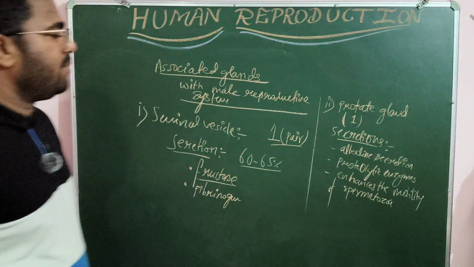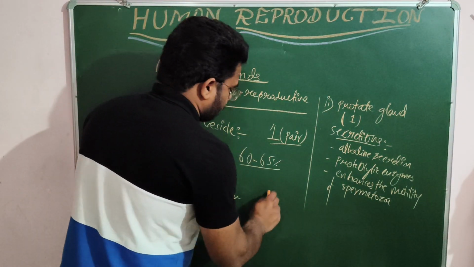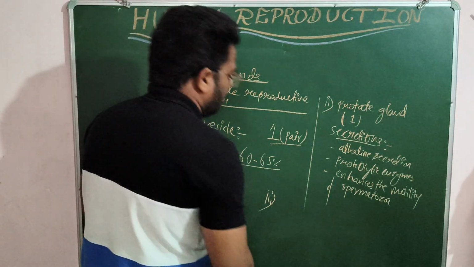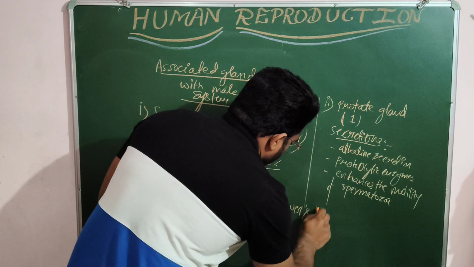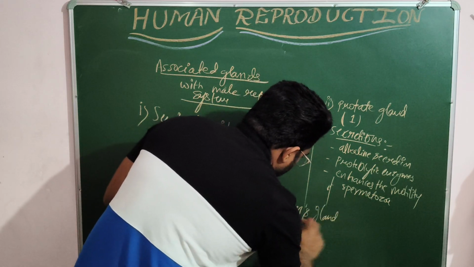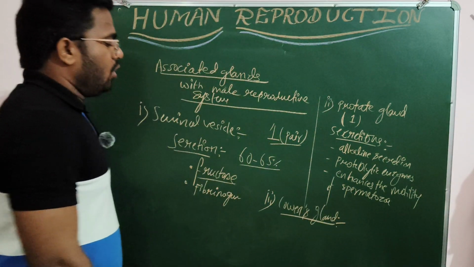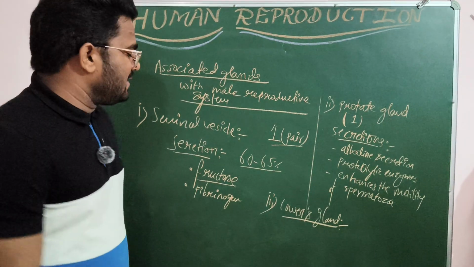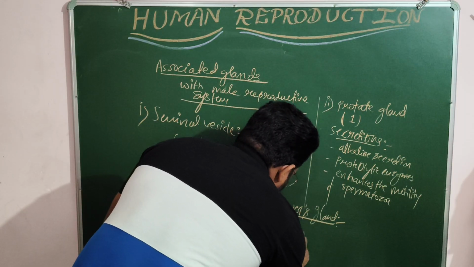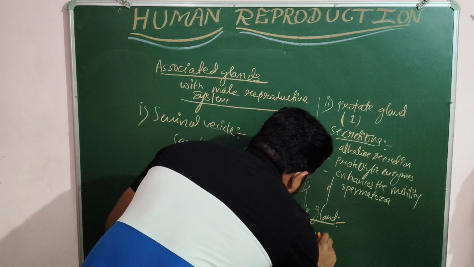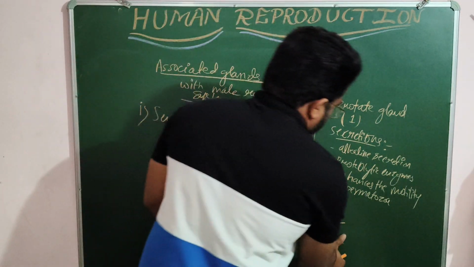Again we have the third gland, which is Cowper's gland or bulbourethral gland. It secretes alkaline mucus. What exactly is the need of alkaline